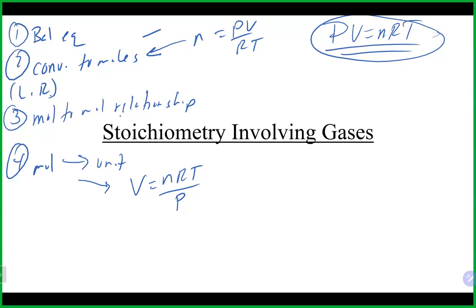Again, just got to make sure it's not a limiting reagent, and a lot of times it probably won't be, but you really just follow the same steps. Sometimes you may use them in both places. Sometimes you may just use the ideal gas law at the end. So it does sort of vary and depend on the problem,